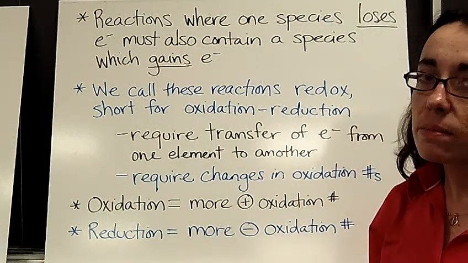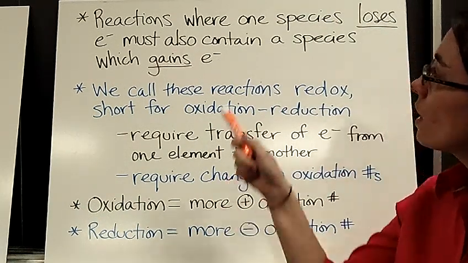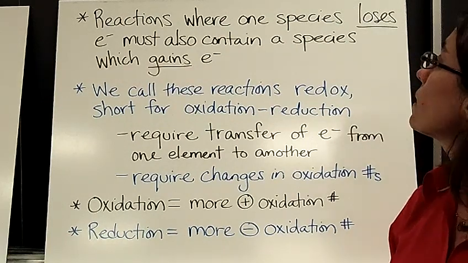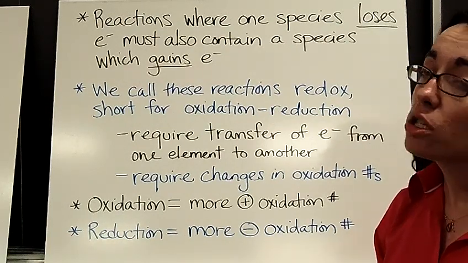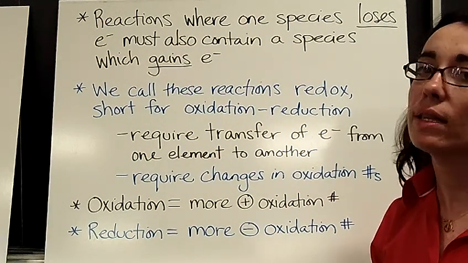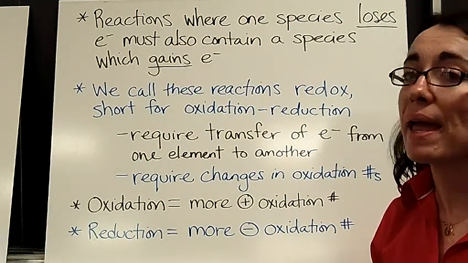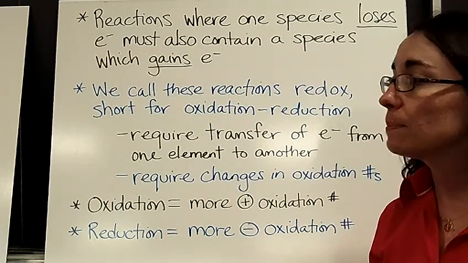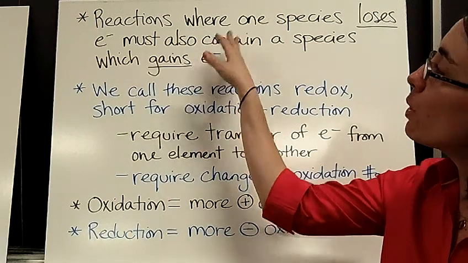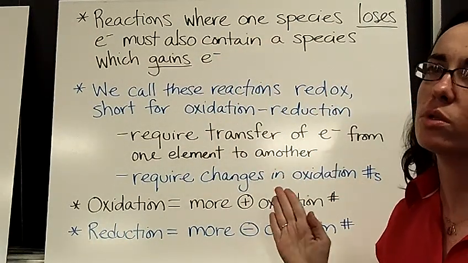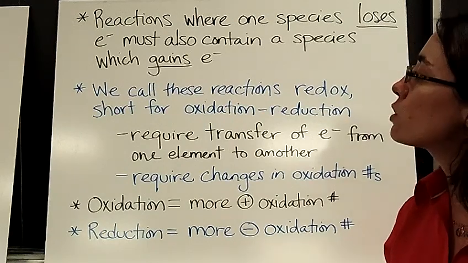Okay, let's take some introductory notes first. Reactions where one species loses electrons must also contain a species that's going to gain one. We do not leave electrons by the side of the road. We cannot abandon them. There always has to be a receiver for one that is donating. Since both of those have to happen at the same time, we call these reactions redox, which is sort of a squishing together of the two words, or short for